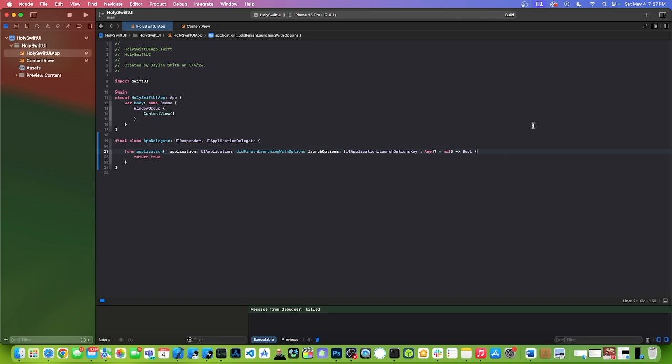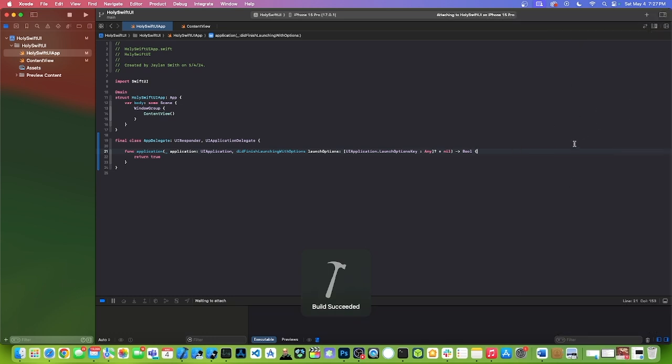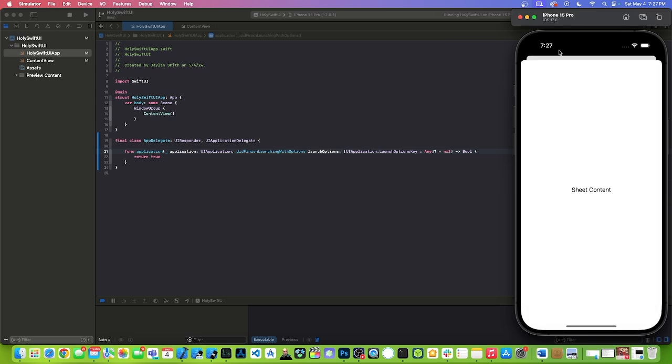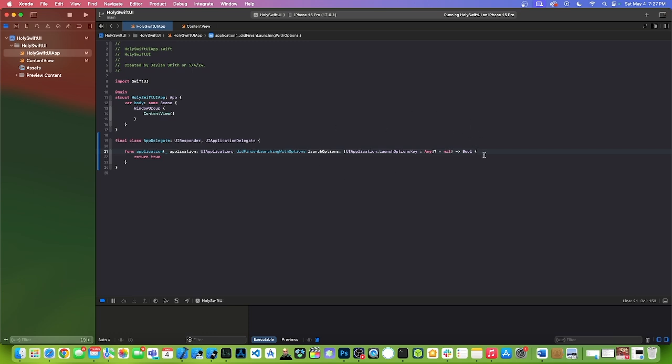Okay, so let's go back in and run this on the simulator and let it load up. And as you can see, as mentioned, the background is black with this content moving behind, and we want to be able to change that. So pretty much